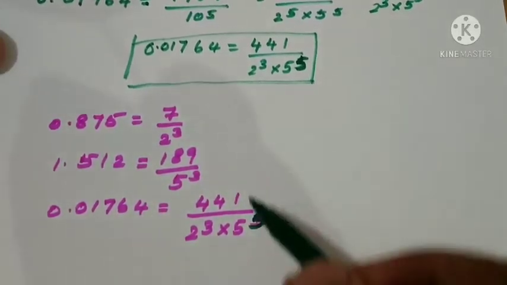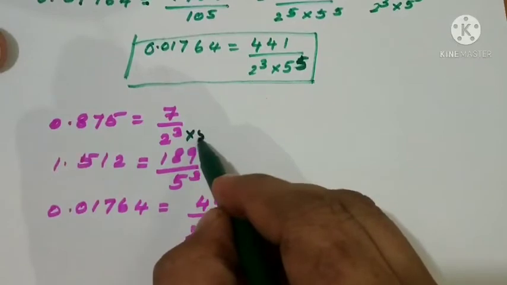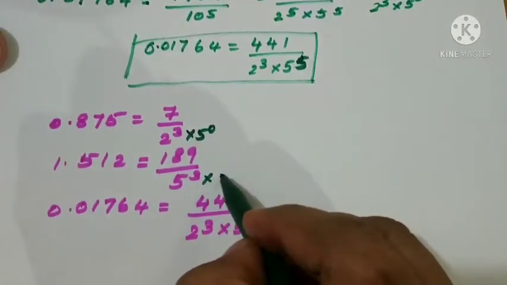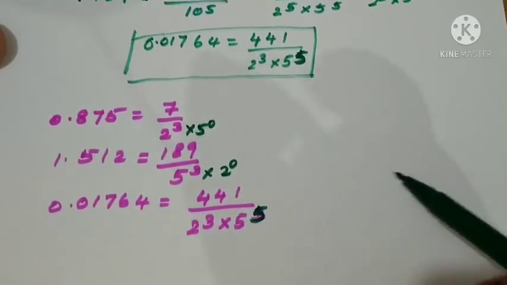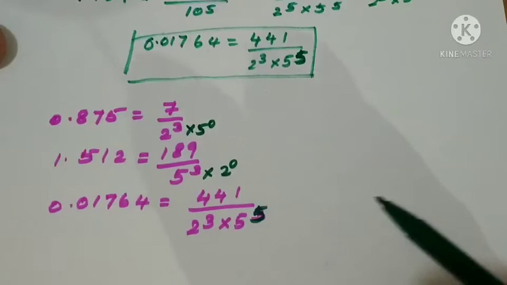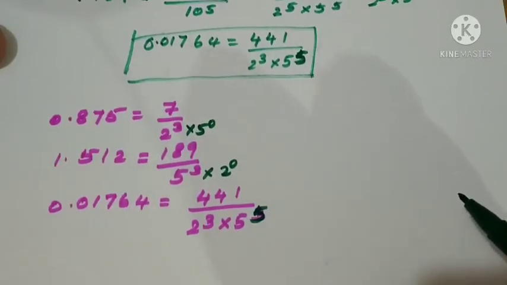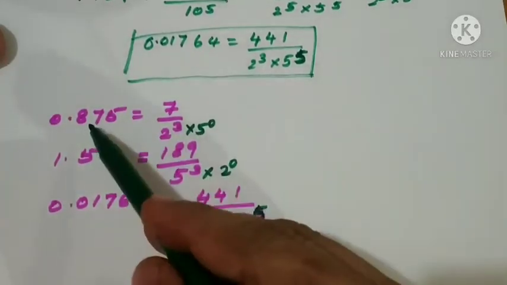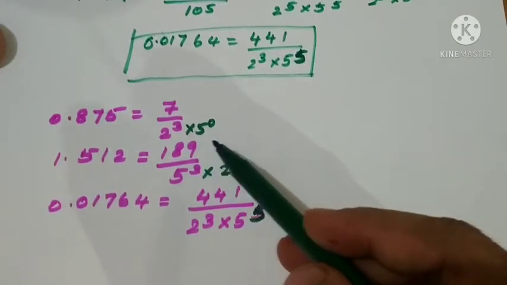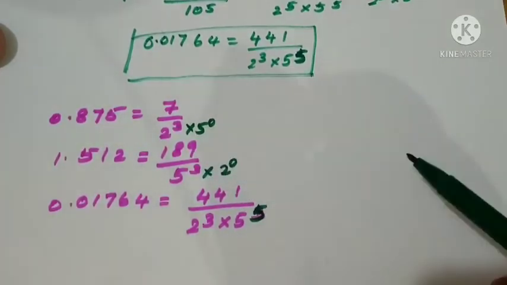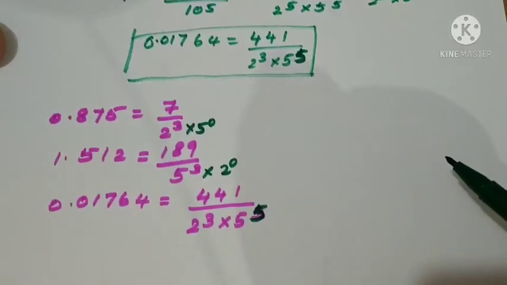That means when we are having 2 cube, we can write 5 raised to 0 here. Here 2 raised to 0 is not there, so 2 raised to 0 I'm making. So it is a multiple of 10 we can make it, right? So multiple of 10 format it is. That is, we learned that decimal numbers have denominators that are powers of 10 only. In the denominator, powers of 10 we can write, right? So for the decimal numbers, in the denominator we are writing powers of 10 only, and if you are considering 10, the factors are 2 into 5 only.